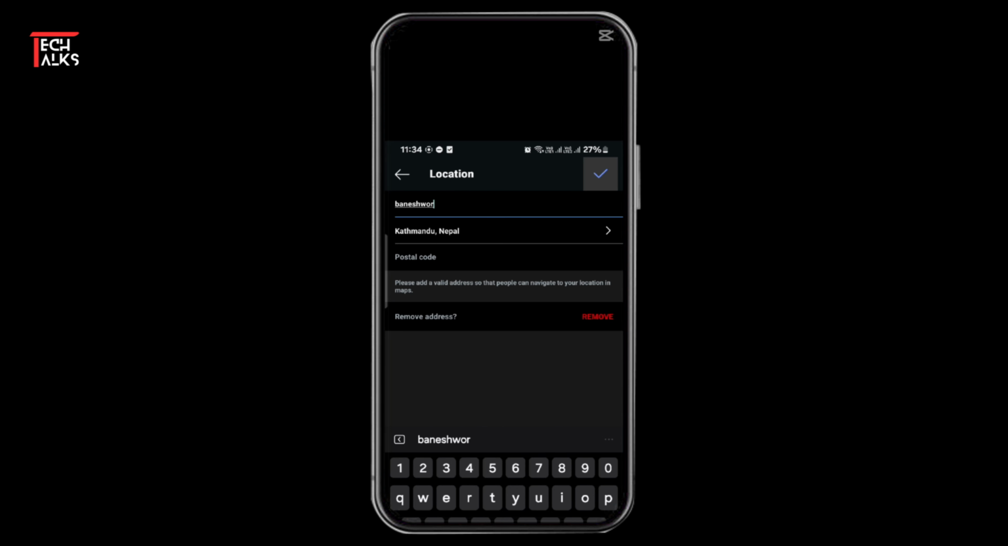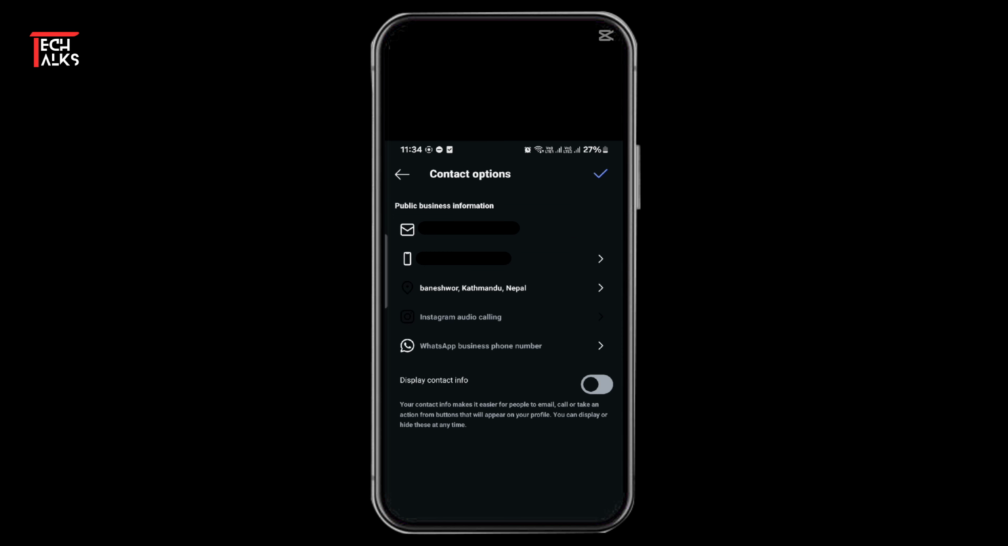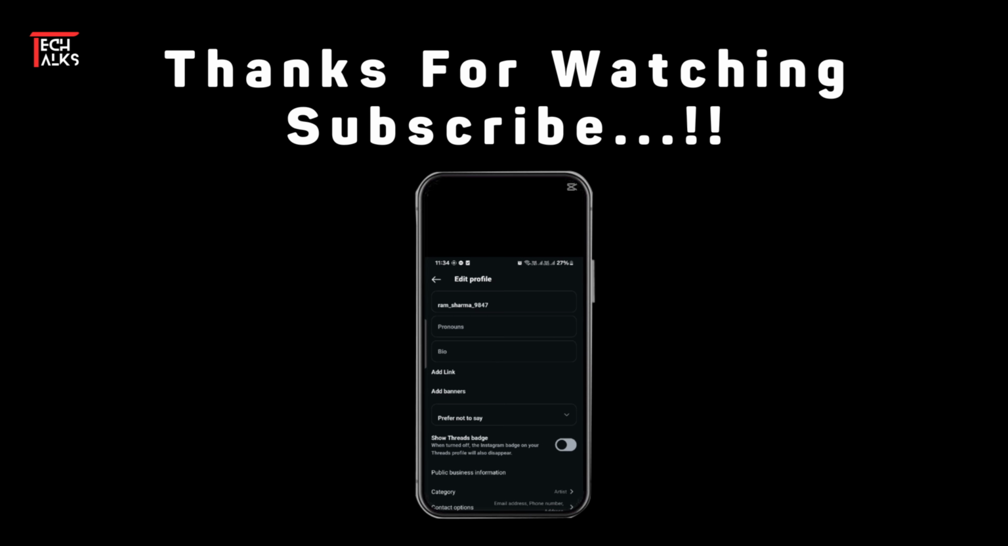You've added the location. There you can see an option to display contact info. If you toggle that option, the contact info will be shown in your profile. However, if you do not toggle the option, it will not be shown in your profile. And that's it. That is how you